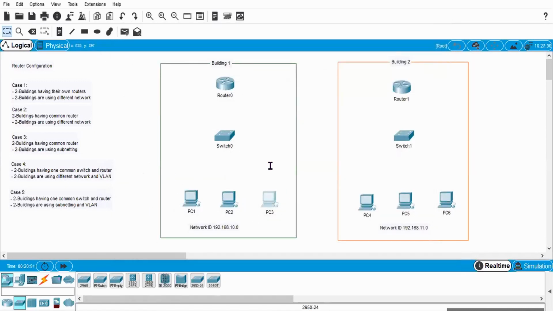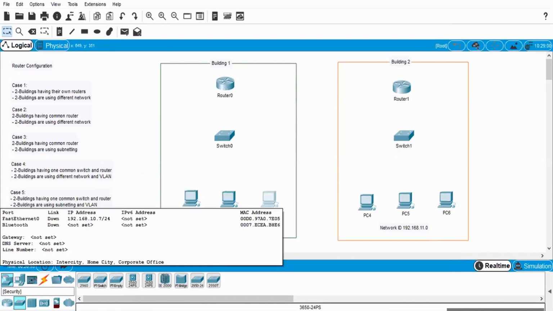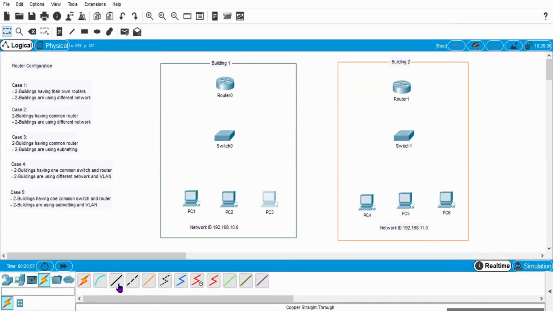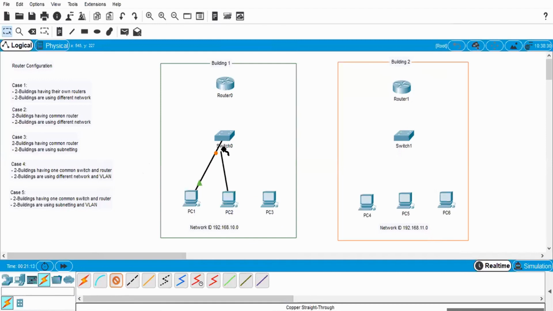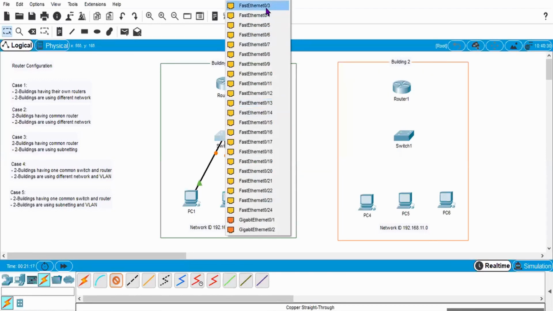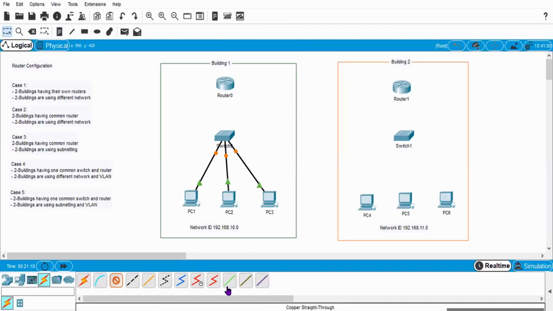After giving IP addresses to PC number 1, PC number 2, and PC number 3, I will go for the connection between the building number 1 switch and these PCs. We'll connect PC number 1 with this switch, PC number 2 also, PC number 3 also. You can wait for 20 seconds or fast forward.